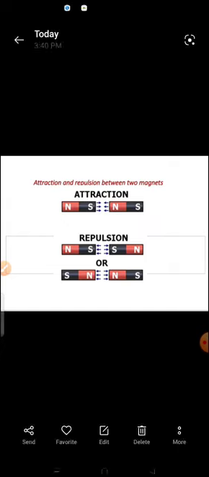Next, earth as a magnet. Children, you already know that earth is a big magnet. The crust of the earth has some permanent magnetization and earth's core generates its own magnetic field.